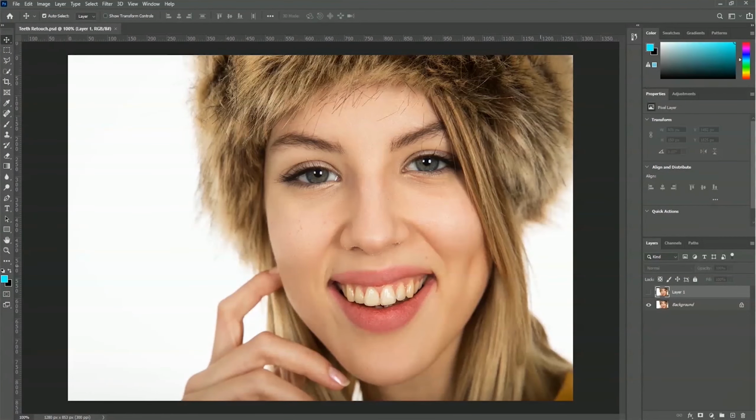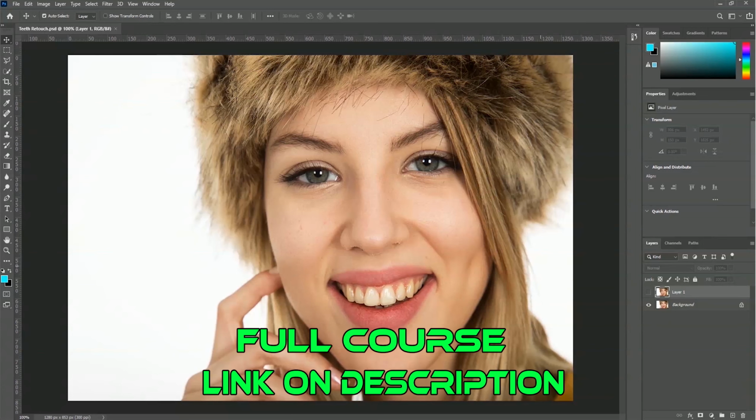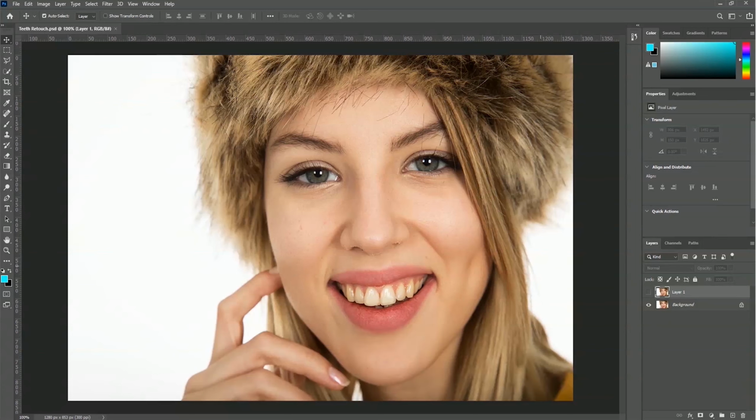Hi there, welcome once again, and this is the time for learning teeth retouching in Adobe Photoshop. Sometimes you may have to work on a clipping path, and while working on the clipping path, you may have to retouch teeth, retouch eyes, and many other things. And in this lesson, we are going to learn how to retouch teeth and how to fix yellow teeth